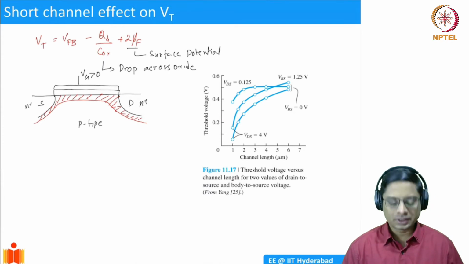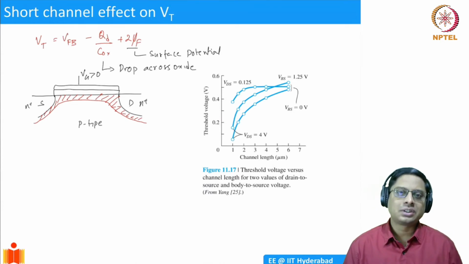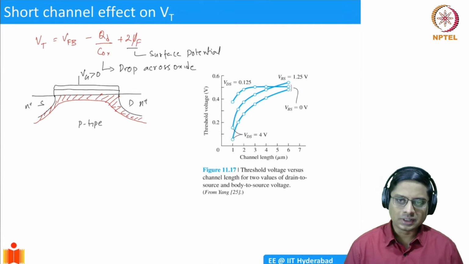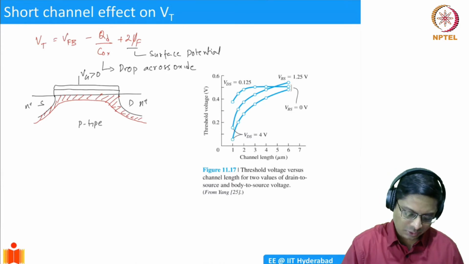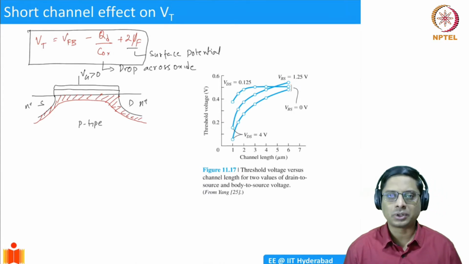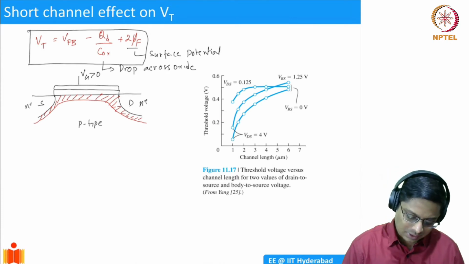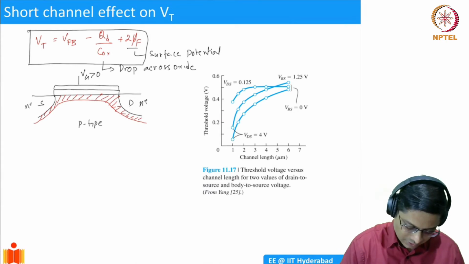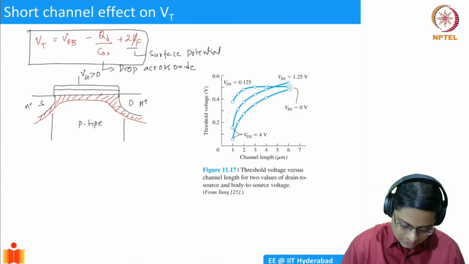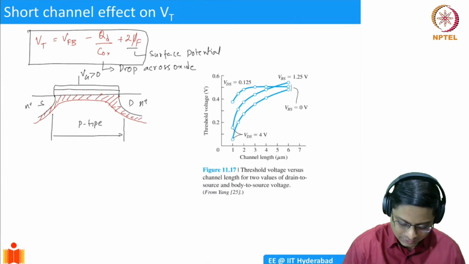Now, if you just look at it from top to bottom, should there be any effect of the channel length on the VT? Well, no, because when we derived this expression, we did not consider the effect of channel at all. We didn't even introduce channel at that point of time. We just simply took a MOS capacitor. So now how does the channel length influence the VT? To understand that, we need to look at what the channel length is here. The channel length is essentially the distance between the source and the drain.